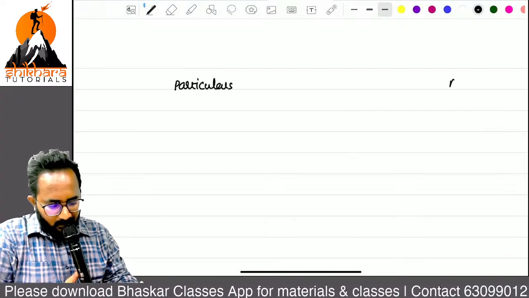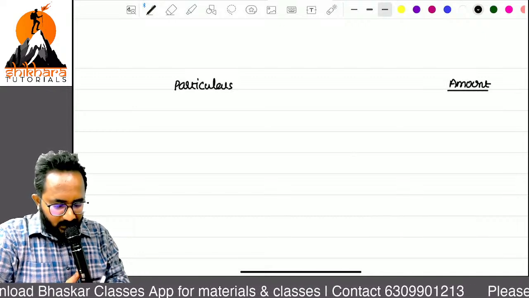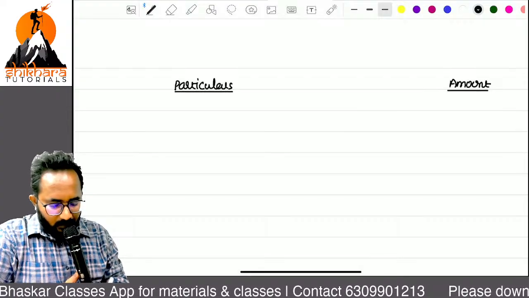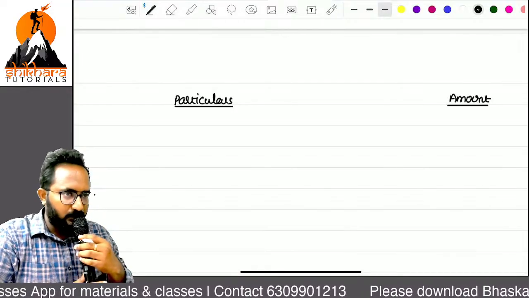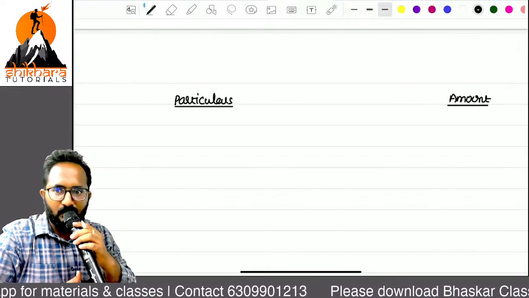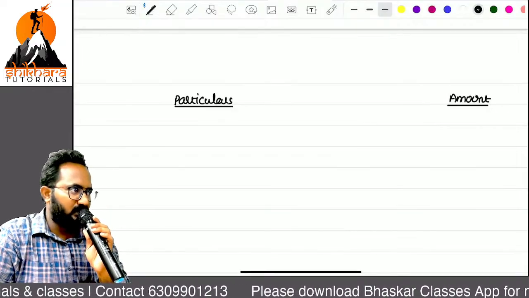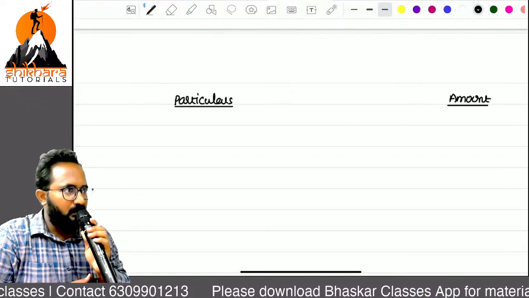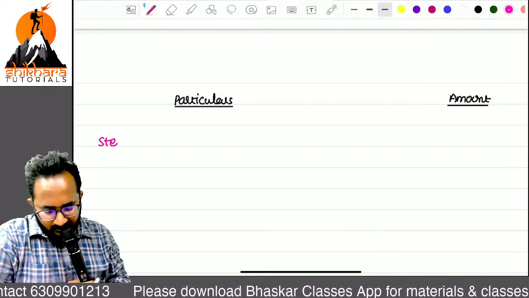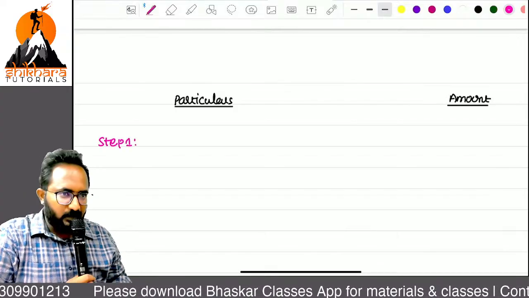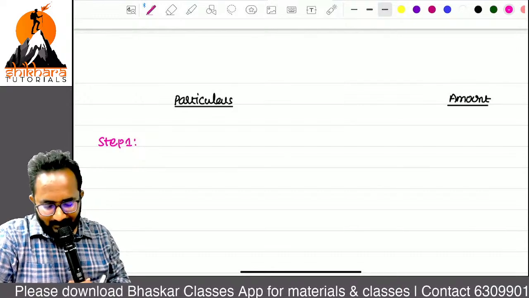Particulars, amount. So first of all, you have to give the heading also: computation of tax liability of so and so SSE for that assessment year. That is a common thing. If you are giving that heading, then they will know which question you have given, which answer also. Otherwise, they will confuse while correcting your answer sheet. Okay, so please write the step 1. Yes, not S1, ma. Step 1. How they will know S1 is a step 1? Yes, Step 1.